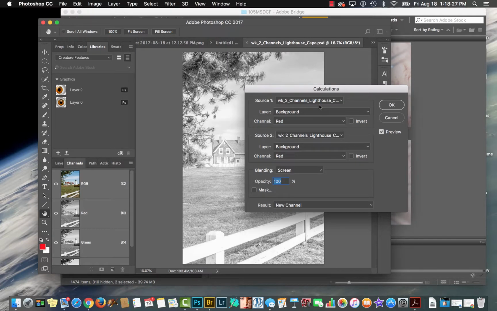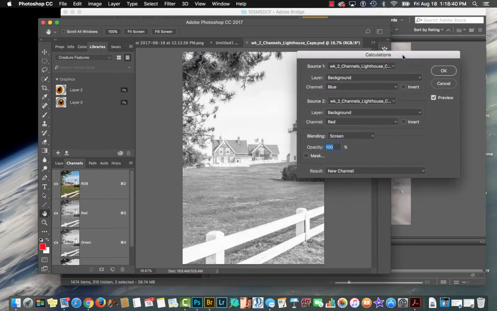All right, so in this we are taking a source from this image. Right now we're on the background layer. We only have a background layer on this image, but we can choose the channel. I'm going to choose the blue channel. I've looked ahead at this, and this one provides a lot of difference between the lights and darks. And what I want to do here is just kind of provide a more advanced look at the lights,